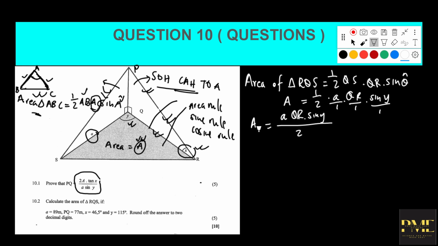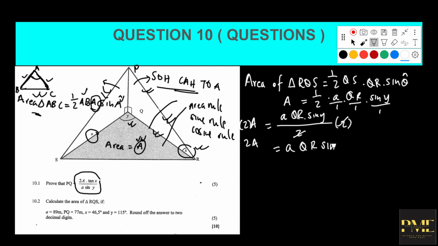So sin A is equal to QR sin Y all over 2. So since it's a fraction, how do you get rid of the denominator? We do that by multiplying the denominator on both sides. So 2 and 2 will cancel. So it becomes 2 times A, which becomes 2A, equal to